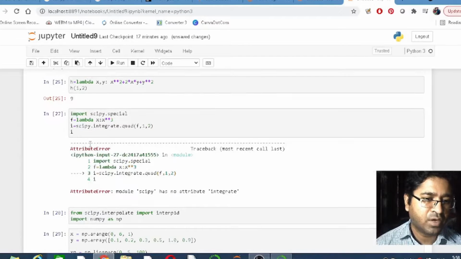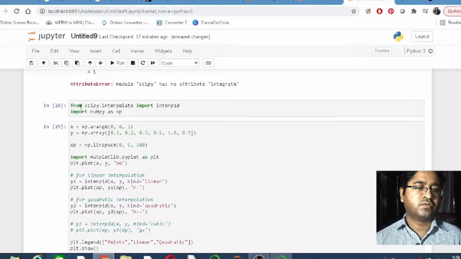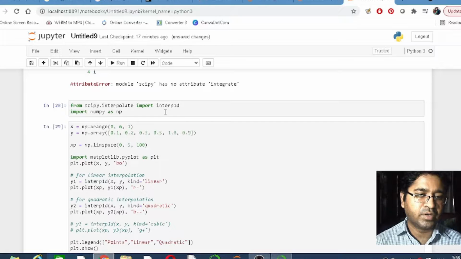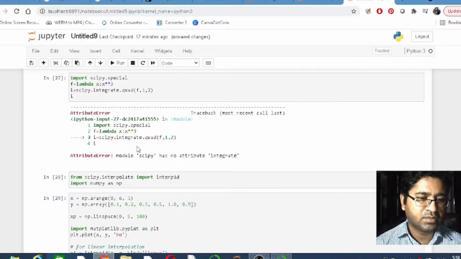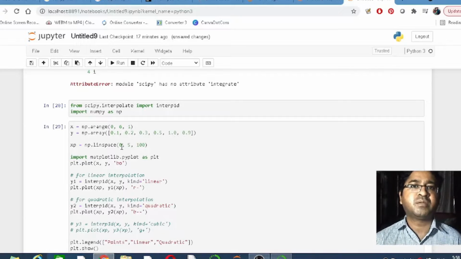Okay, in this code I was finding the error, so I have included from scipy.interpolate import interp1d. It is going to represent the interpolation of certain data.